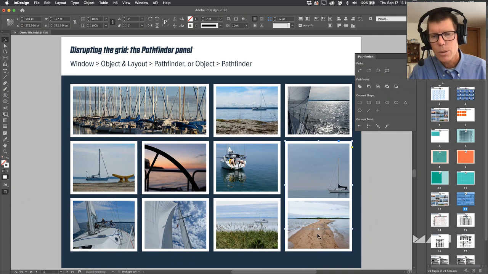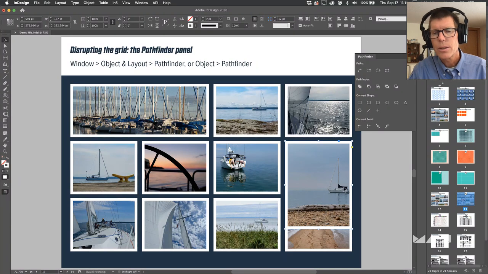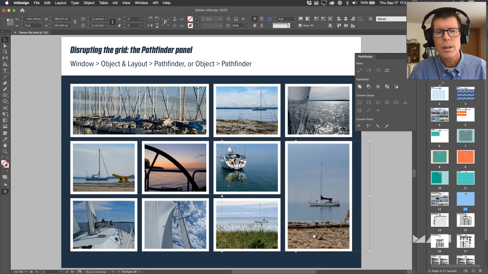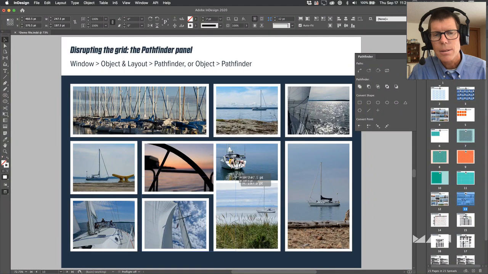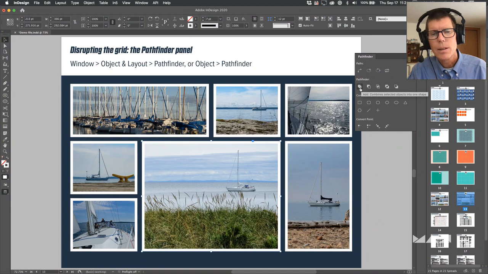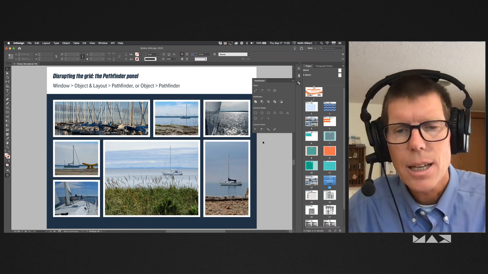Now in this case, I'm going to drag this one into this one, and then I'm going to bring this one to the front because it's the one in front whose picture gets retained. So then I'm going to select both of those and add them together with the Pathfinder, and now I could reposition the content within there. You could even do more than 2 at a time. So for example, I could take this, drag it into here, drag this, drag it into here, drag this over all of them, and then select all 4 of those and add them all together. And there we go. I mean, so once you learn all these different techniques, then you can combine them.